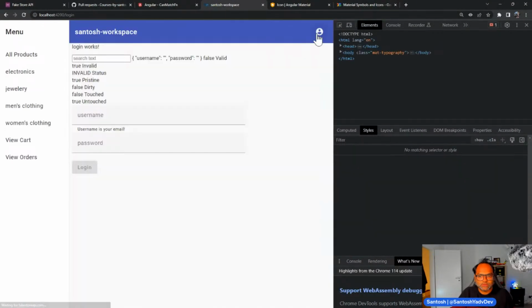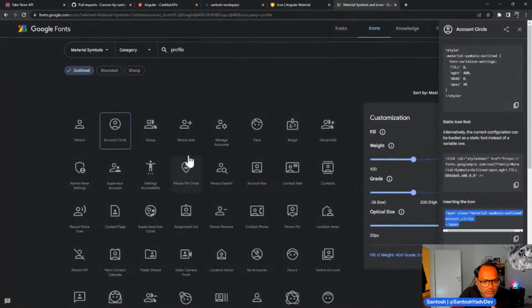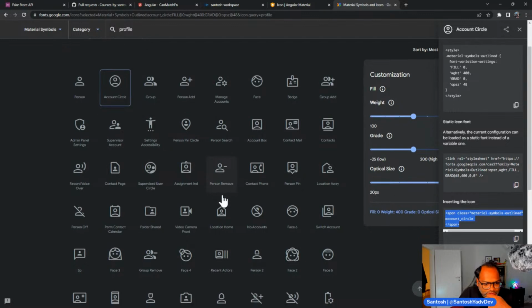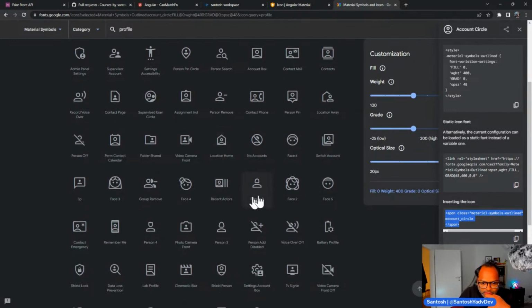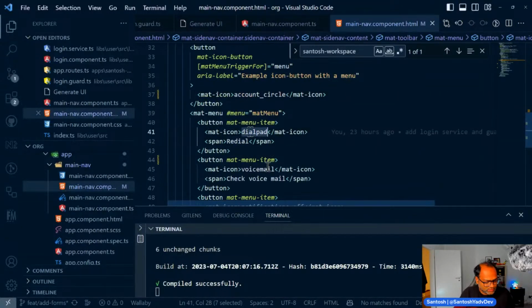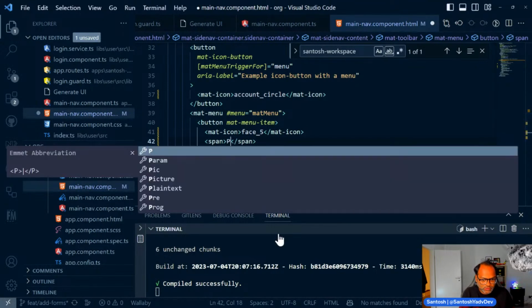Why is it not reflecting? Great. So this is what we needed. We have this account circle, and within this we need an account. Let's pick something for the profile. This is okay, and remove person. Person 2, face 5. I think this is okay. So I'll change it to mat icon face underscore 5 and call this profile,